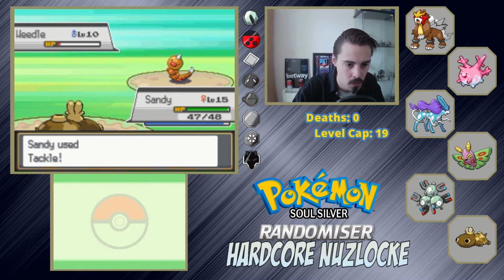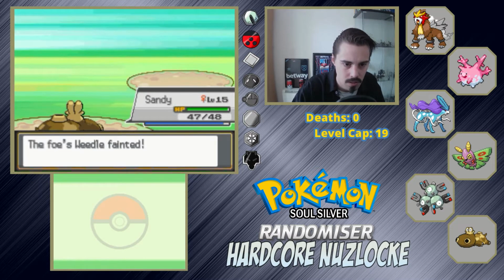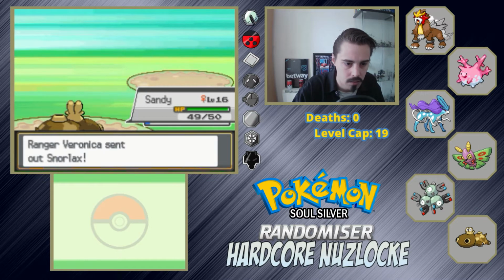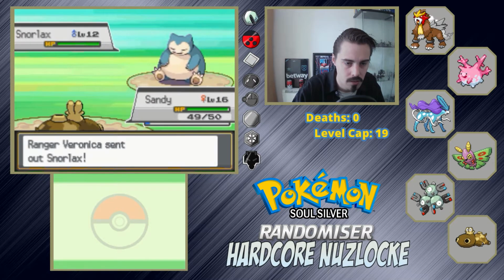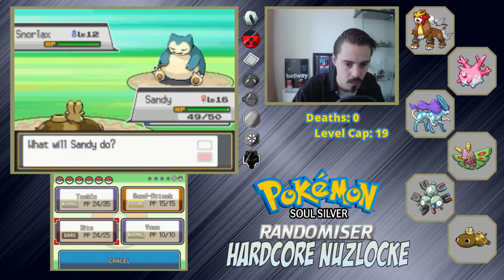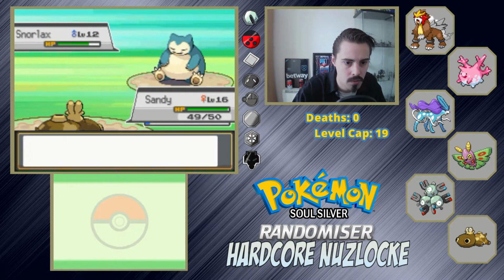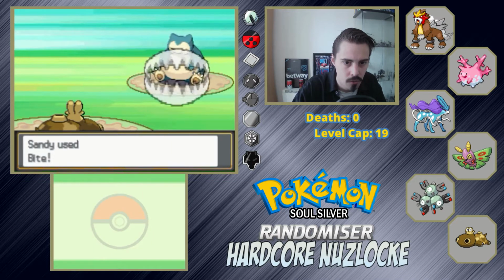Sandy doesn't get poisoned by the Poison Sting, which is nice, so we hit with a Tackle, and the Weedle goes down. Is that enough to get Sandy up to 16? Yes, it is. So Sandy's up to level 16. Great. And out comes a Snorlax. So we could really use a fighting type move here, which we sadly do not have. We've got a couple of Pokemon now that have fighting type moves, but we can just try and flinch this